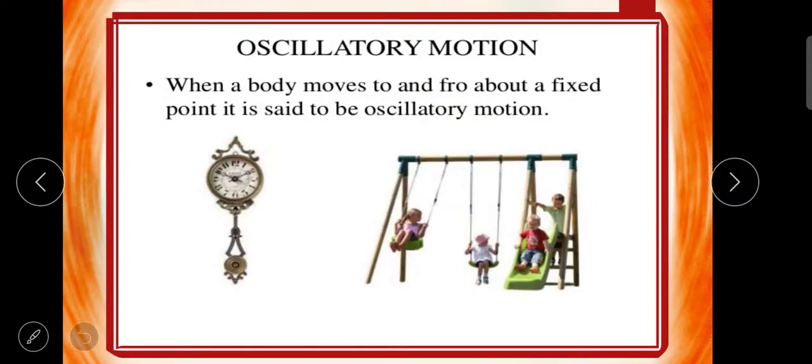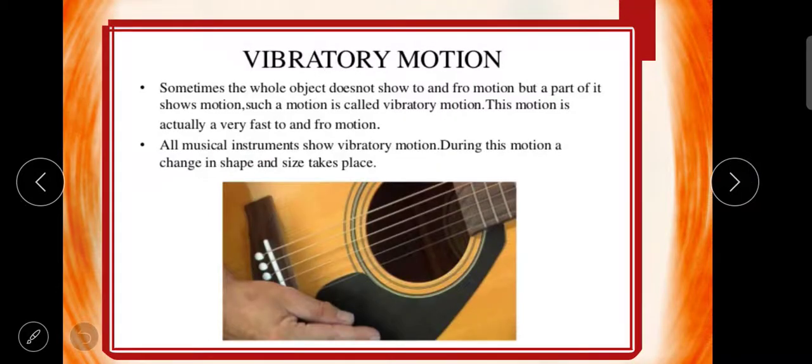Oscillatory motion, or we also call this oscillation. When a body moves to and fro, means back and forth about a fixed point, it is said to be in oscillatory motion. Vibratory motion. Children, sometimes in the back and fro movement, the whole object is not showing, but a part of it